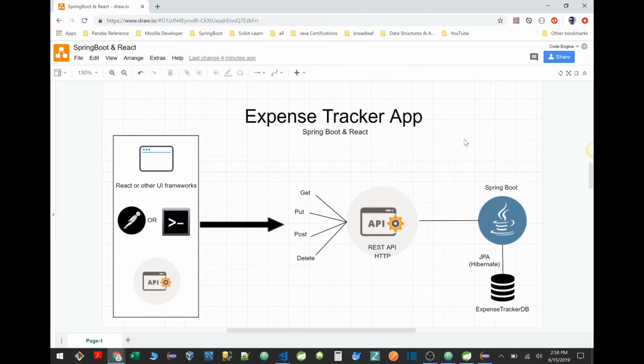The purpose of this video is just to show you how Spring Boot can integrate with REST API, and how we're going to plug in the React component or any other UI framework, so you guys get a good and clear understanding of this architecture. So in this example, as I said, we're going to start building the application using Spring Boot. And as you can see here, Spring Boot is going to basically talk to our database,